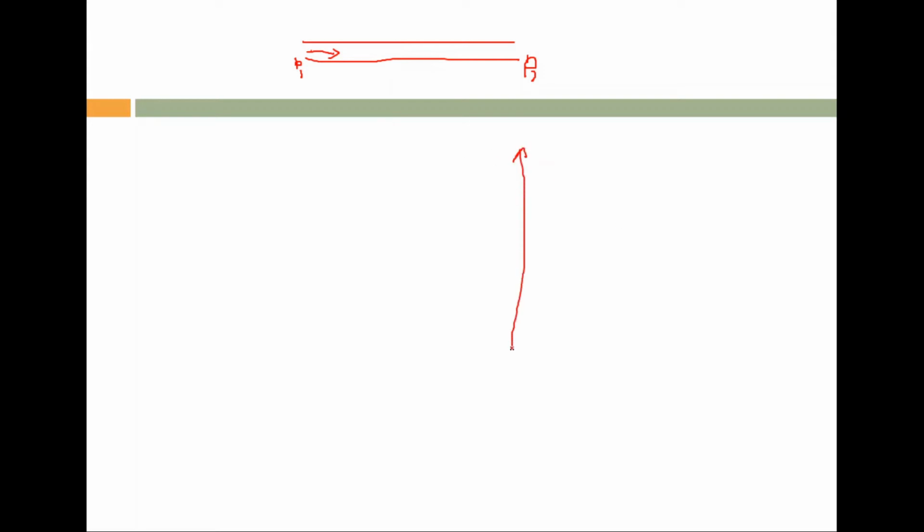Say this one is the flow rate of fluid Q, and this one is the pressure difference, which we can call dp. If this is a horizontal pipe, then if dp, that is P1 minus P2, is 0, the flow rate is also 0. With an increase of P1 minus P2, that is dp, the flow rate will also increase linearly. Theoretically, what are we expecting? We are expecting a linear increase.